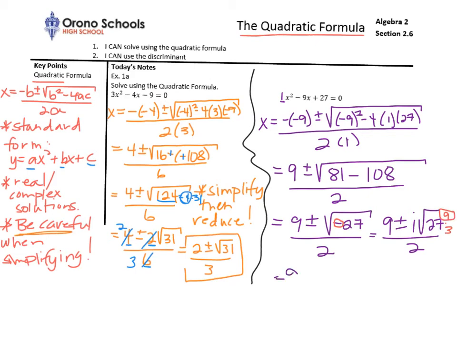This would give us 9 plus or minus, the square root of 9 is 3, so that's 3 times i. But then we have that square root of 3 on the inside still, all over 2. Looking at your numbers on the outside, we have 9, 3, and 2. Nothing goes into all 3 of those numbers evenly, therefore our fraction is reduced,